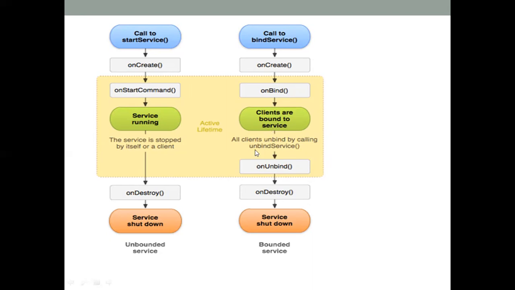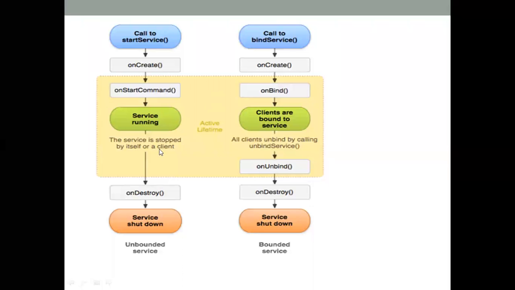Okay, students. So all clients unbind by calling unbind service. The client will get bound to that particular service. Once you use that unbind method, it will be called only if that particular application has been finished. Okay. तो ये चीज़ थोड़ा difference है दोनों में, in the case of an unbound service and a bounded service. And finally your service will be destroyed at that time and the service shuts down. Clear? So just remember one thing, that while running a service, you have to see which particular service you are starting, either an unbound service or a bound service.